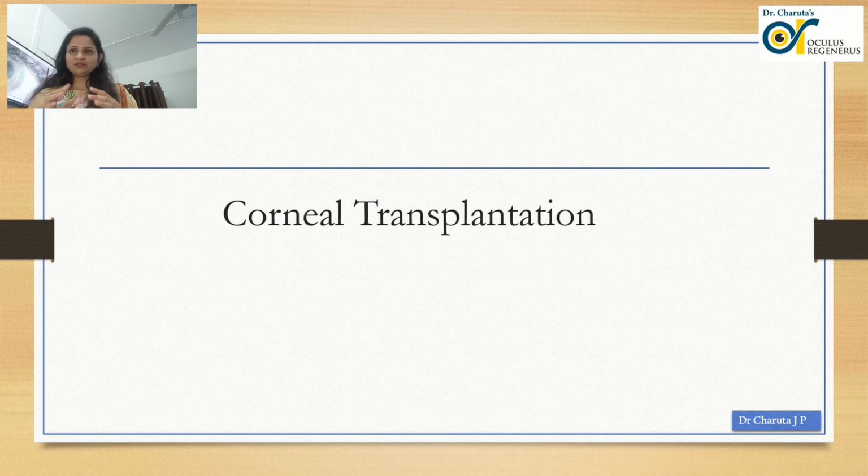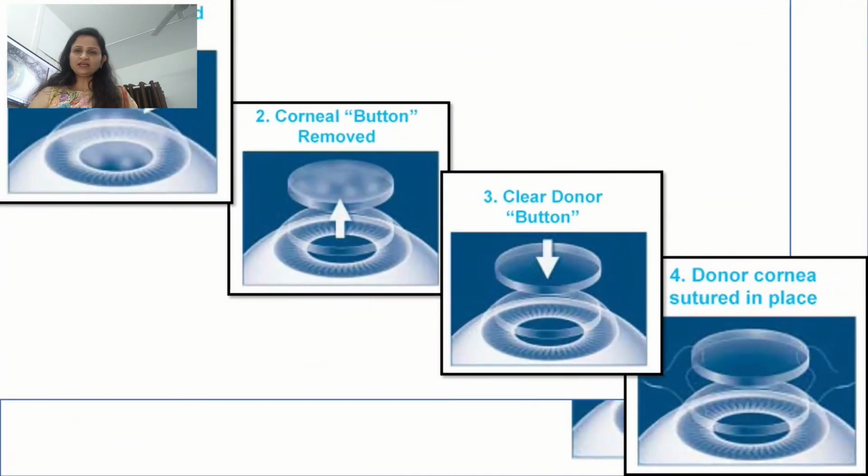Now, basically speaking, in a corneal transplant, what we are doing is removing the diseased bit and putting in a new cornea. This is done with the help of a punch machine. That could be a femtosecond laser punch, or a manual punch, or a vacuum punch. All these varieties are available. And once the old cornea, the diseased cornea, is removed, a new cornea from a young, healthy donor will be placed on it.